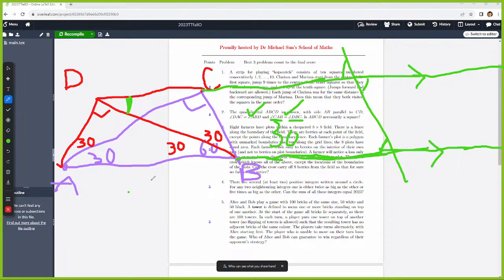Do you remember I was saying that if we can show these 4 points here are along a circle, okay,